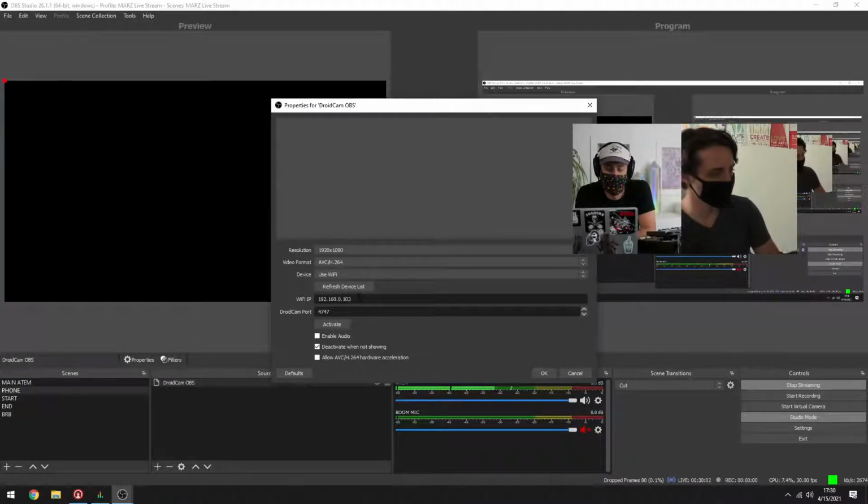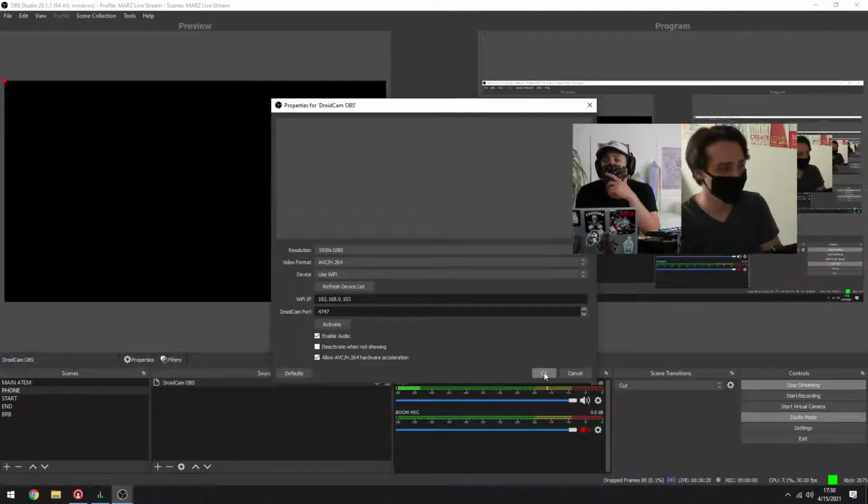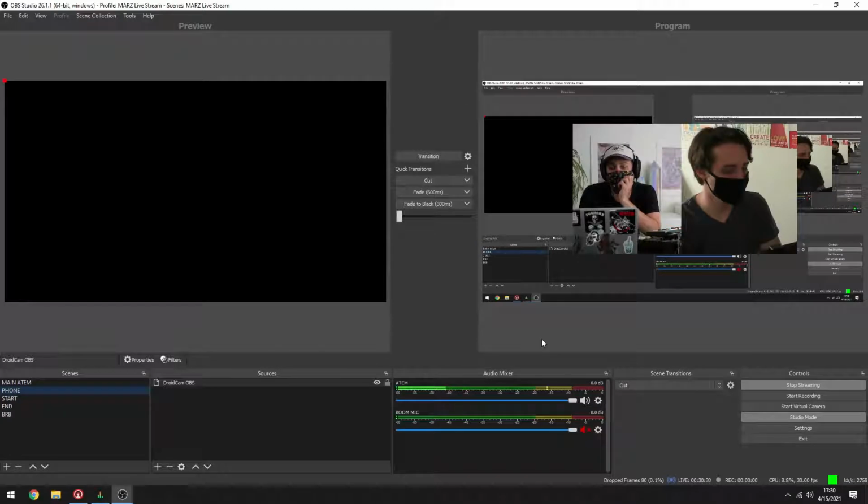And then it's got its default DroidCam port. I'm going to enable the audio. I don't want it to deactivate when it's showing, and I'm going to let it do hardware acceleration, which just helps it encode a little faster. It gives you a bit better quality video output from the device. So we can hit OK, and if we give it a second,